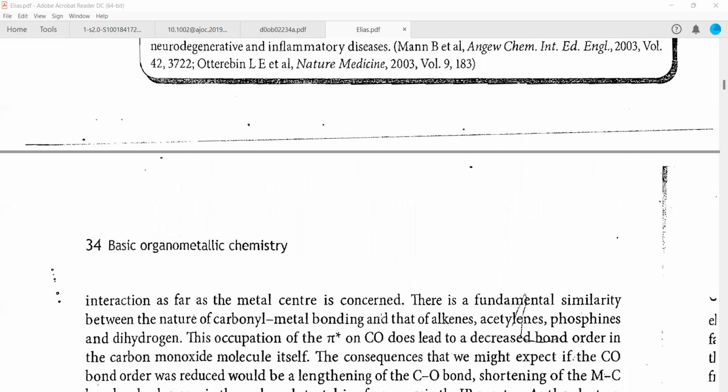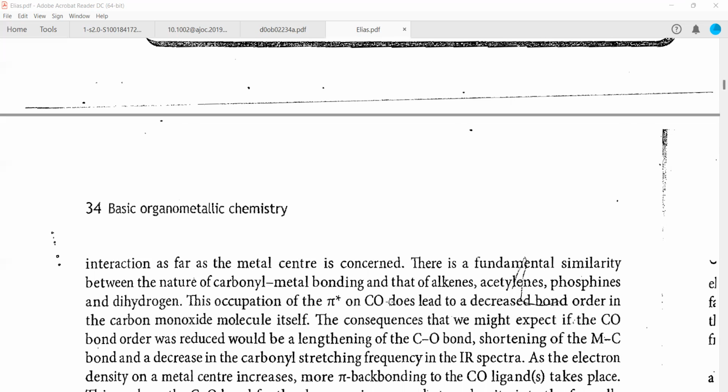Though the electron is getting added to the pi star, and you know that whenever an electron is added to the anti-bonding orbital, bond breaking takes place. But this interaction is really bonding. It's not breaking of the bond, it is forming of another bond, because it is with respect to the metal center. Now, there is a fundamental similarity between the nature of the carbonyl metal bonding and that